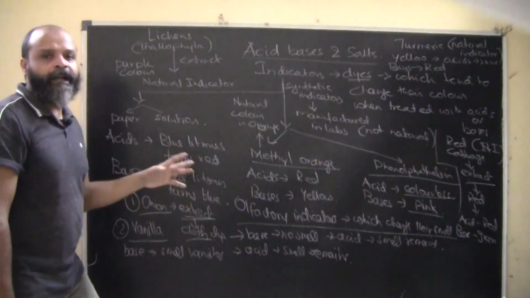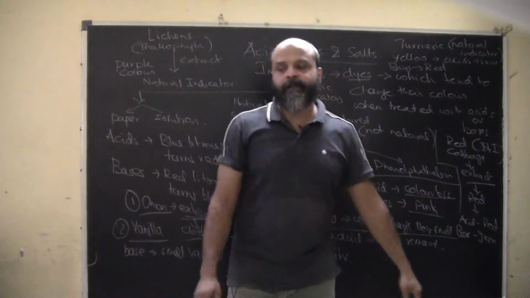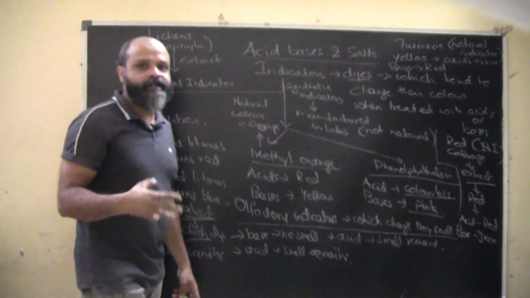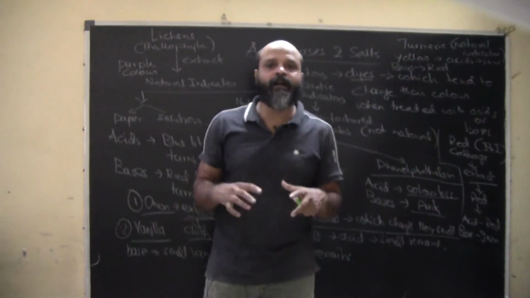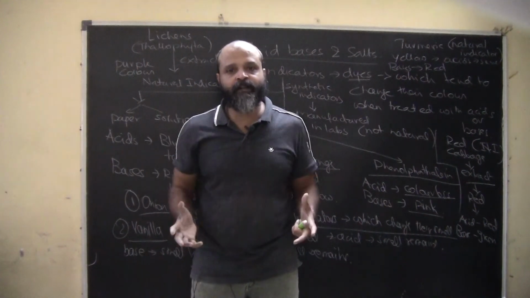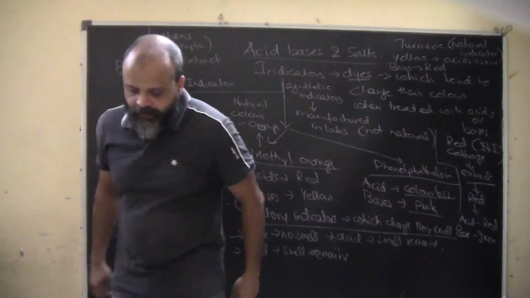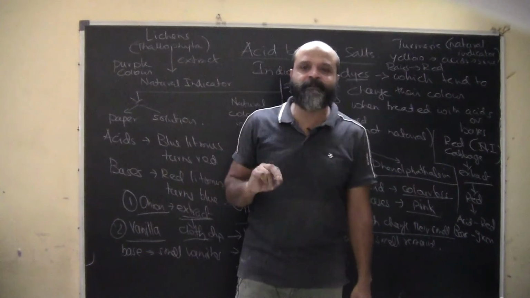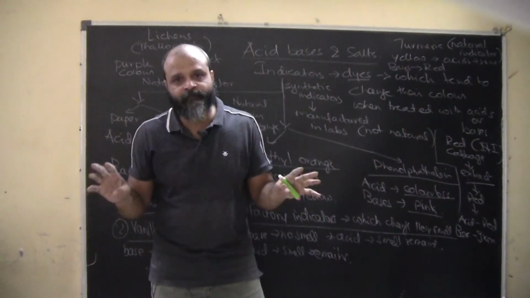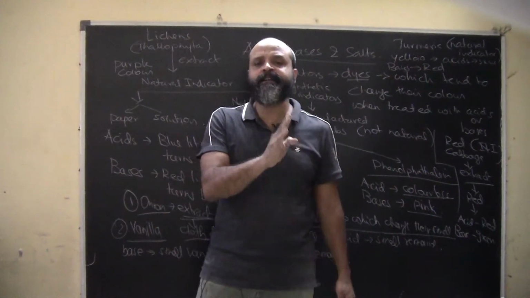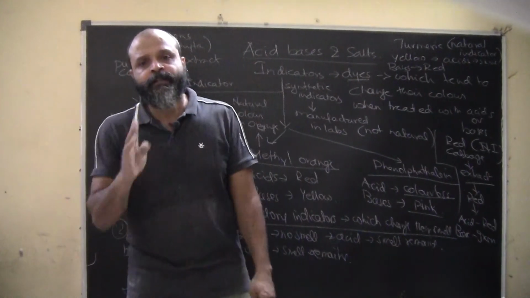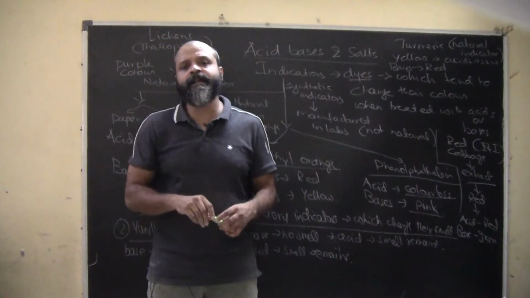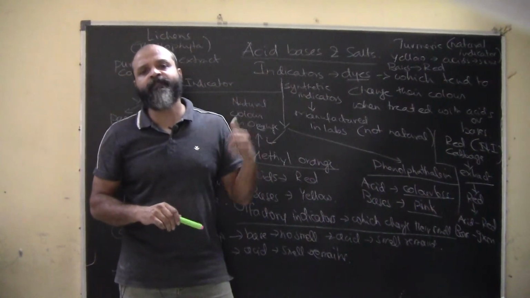So very quickly, let us summarize what we have learned about indicators. First, acids and bases, we will definitely understand in detail what they are, how they behave with different compounds, and what the distinguishing features of both of them are. But the first thing that we need to know about acids and bases is how do we identify them. First of all, compounds can be segregated into acids, bases or salts. So acids and bases, how do we identify them? By means of different indicators.